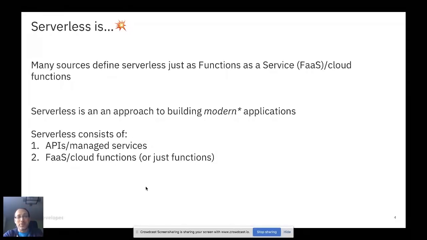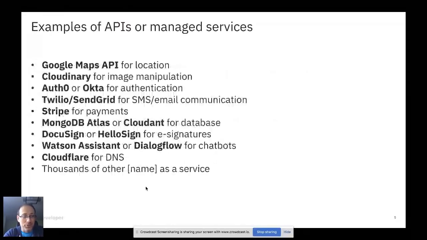So first, I'm going to give you some examples of APIs and managed services, and I'm pretty sure most of you have used some of these or at least heard of them. These are services that have been available for a very long time. For example, if you want to use a location, you can use the Google Maps API. If you want to manipulate images,